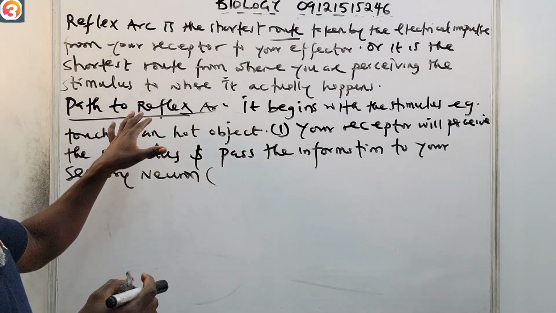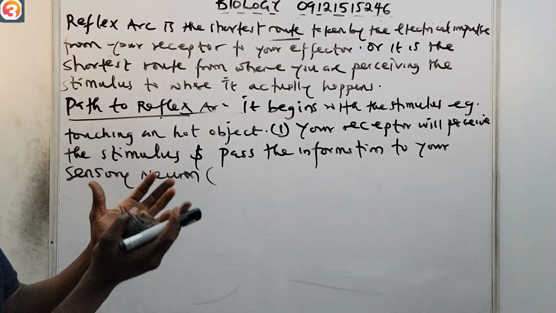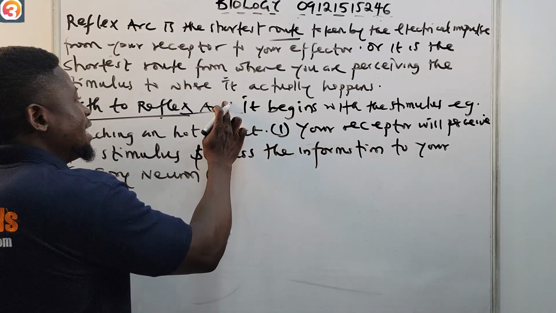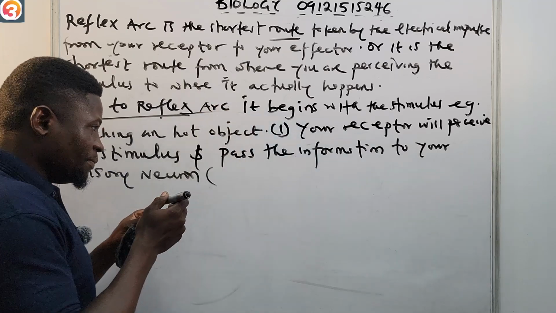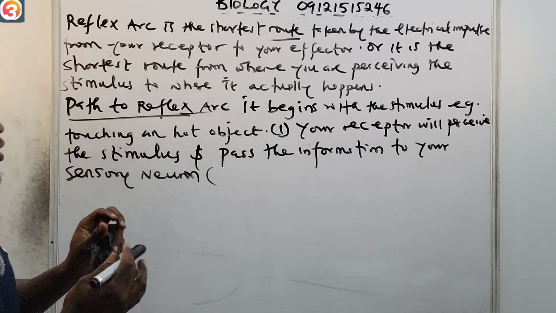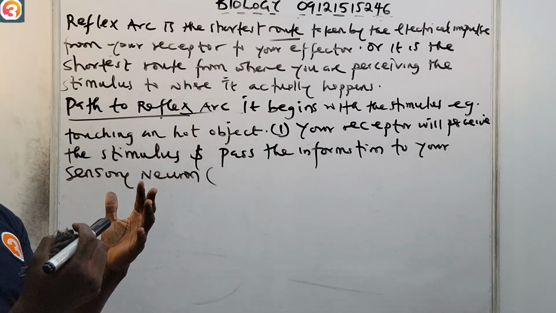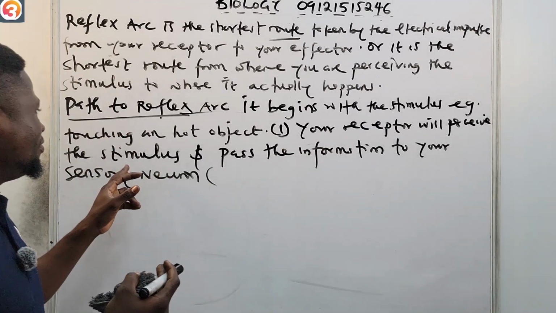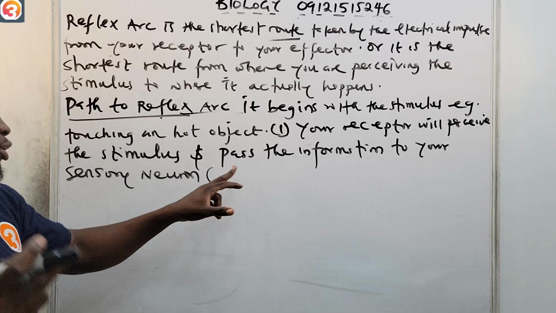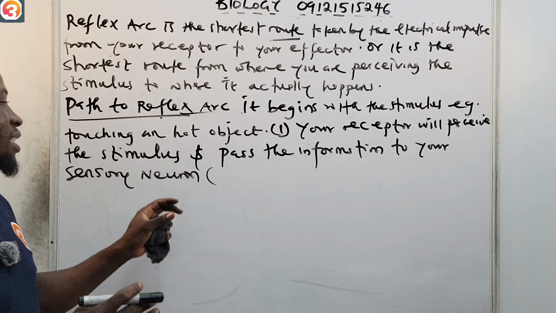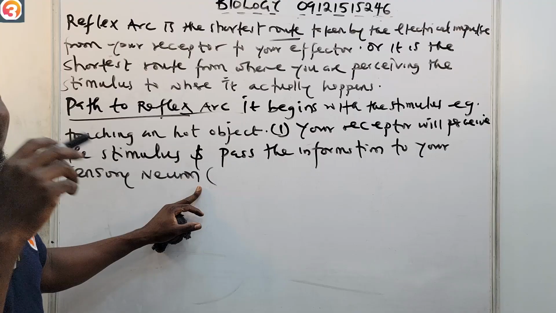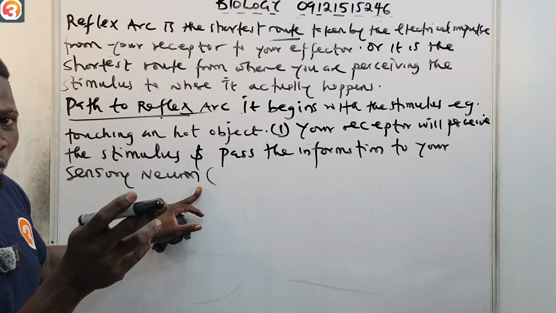So please take note of what is happening. We're talking about the path to reflex arc, A-R-C. It begins with the stimulus, such as touching a hot object. After I touch the hot object, your receptor will perceive the stimulus and then pass the information to your sensory neuron. This sensory neuron is the neuron that is responsible for passing electrical impulse to the